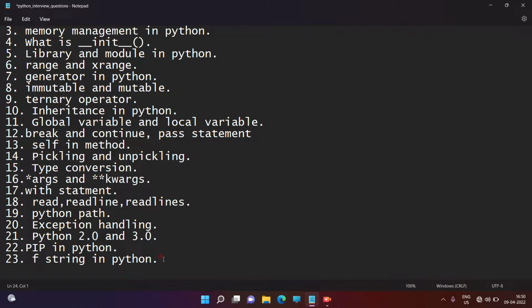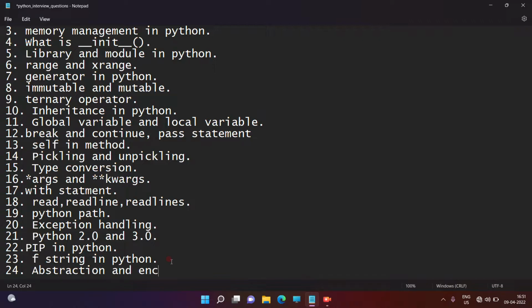So what is an f string? f stands for format, and we can use it for declaring and writing a string, and also we can access a particular variable in our string by using format, right guys? There are three ways of creating a format string, and also we can access local and global variables in our string by using the format method, right? This is all about strings. So next question, what is abstraction?